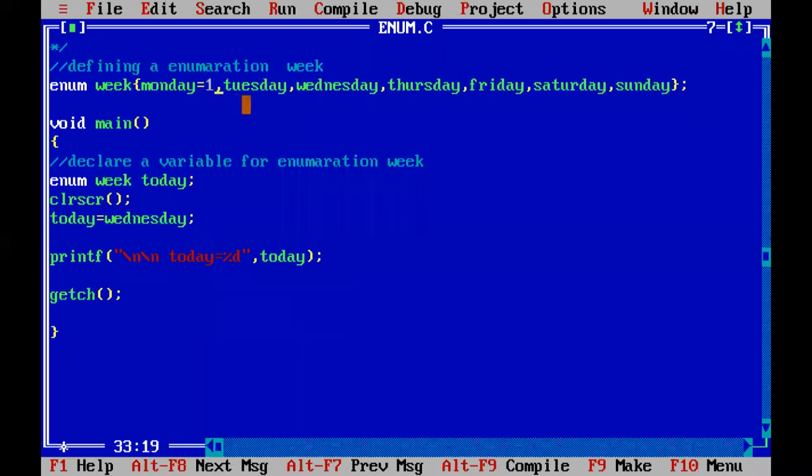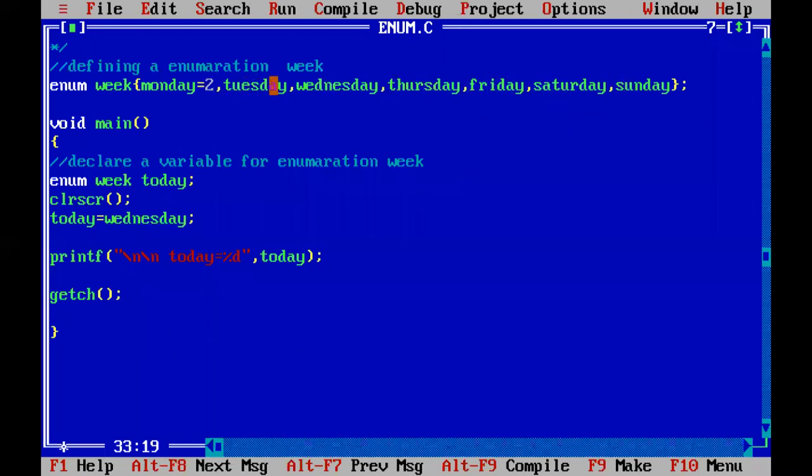If you write that, Monday will start with 1 instead of 0, and the next Tuesday value will be 2, and Wednesday will be 3, and then 4, 5, 6, and 7. If you change the value of Monday to 2, then Monday will be 2 instead of 0, and Tuesday will start with 3, 4, 5, 6, 7, and 8.